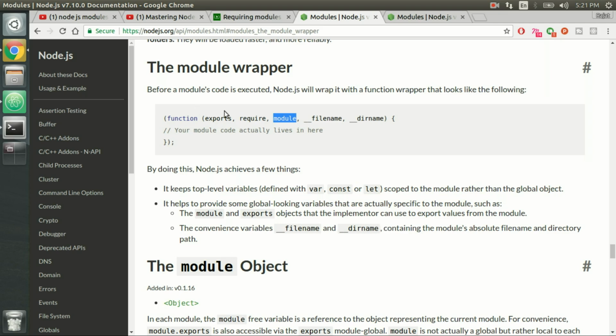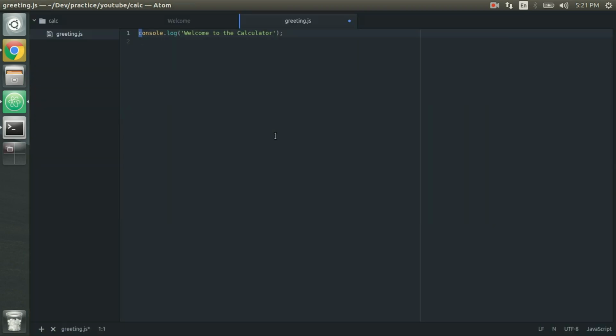Okay, so we are going to use some knowledge of this wrapper function later in our video. So let's get back to our program. We have our module ready. Now we want to consume it. Let's write